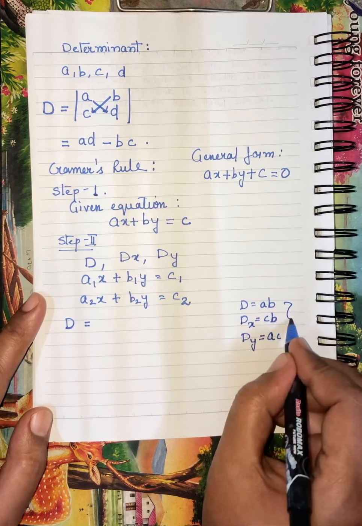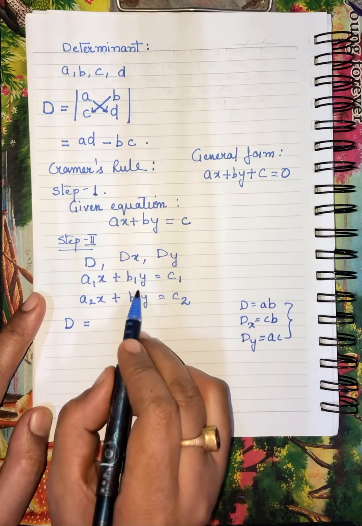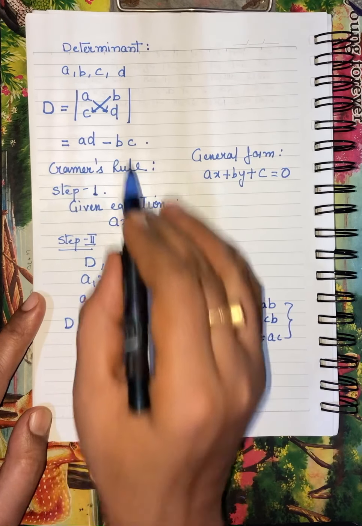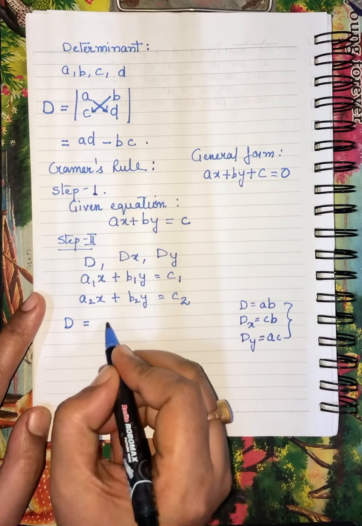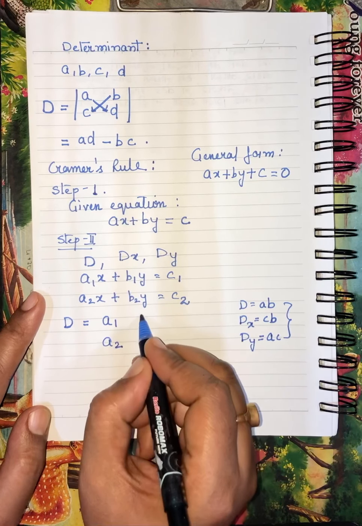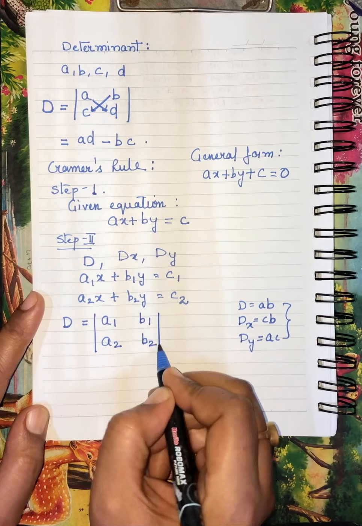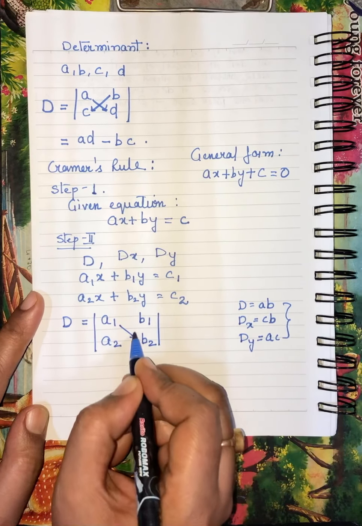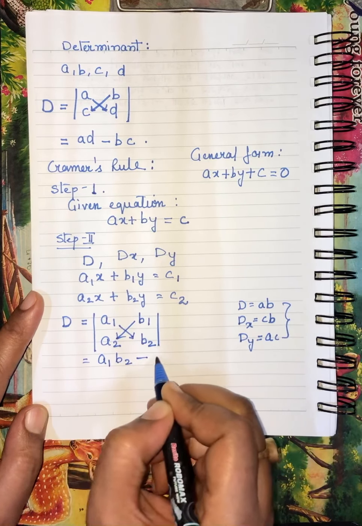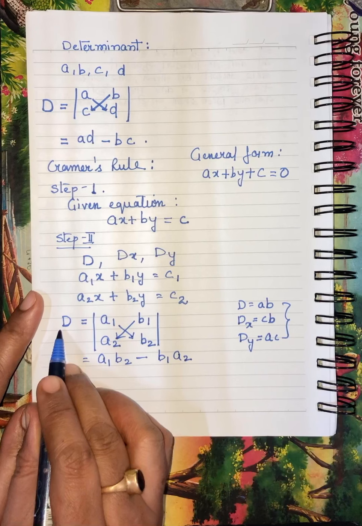And what are these three things? Let us see. AB means from the A column and from the B column we have to take the coefficients of x and coefficients of y in the manner of a determinant, that is a1, a2. How it is given to you in the equations? In the same manner, write in the form of a determinant. This is D, and we will write it as a1 b2 minus b1 a2. This is only the determinant.